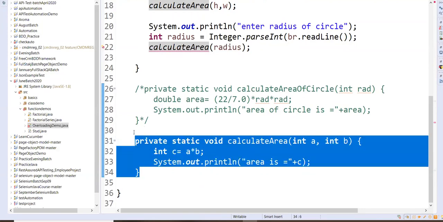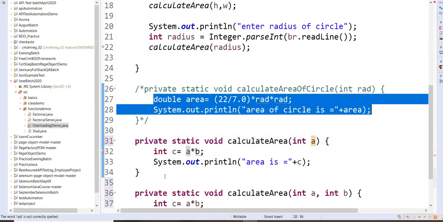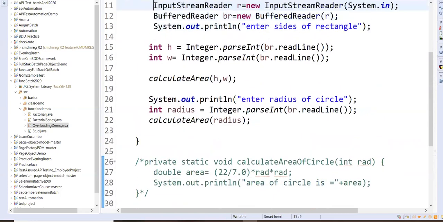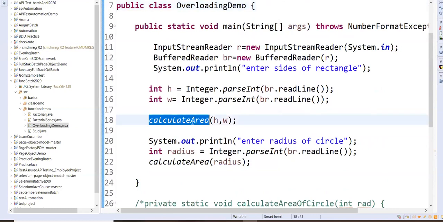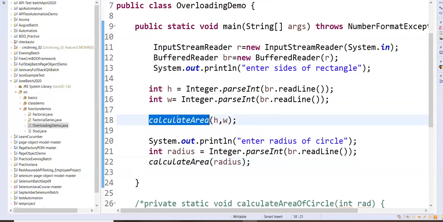So actually we'll make a new function. We are making it with the same name. This time just one value we will accept, and this code, I'm just copying it here. So this code will be like this, a into a, and that's it. So if you observe here, this function name is calculate area and this function name is also calculate area. But the computer, or the Java system, will not get confused, because